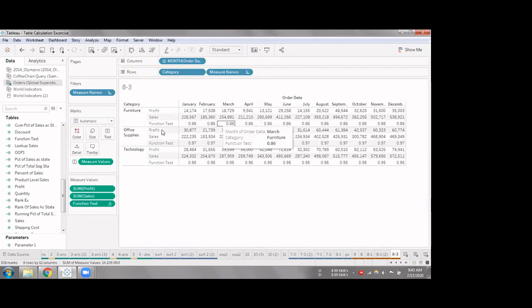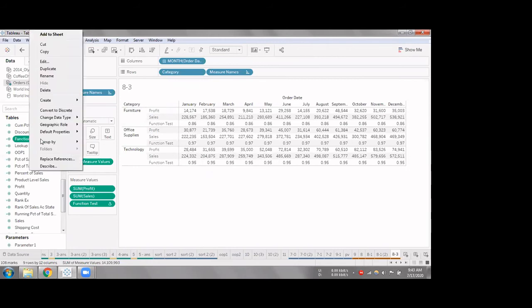What it's giving me is the correlation value in each of these categories, showing how sales and profit are correlated. For example, you can see a stronger correlation of 0.97 between sales and profit in the products related to the office supply category, whereas in furniture we were seeing a low correlation when compared to the other two categories.